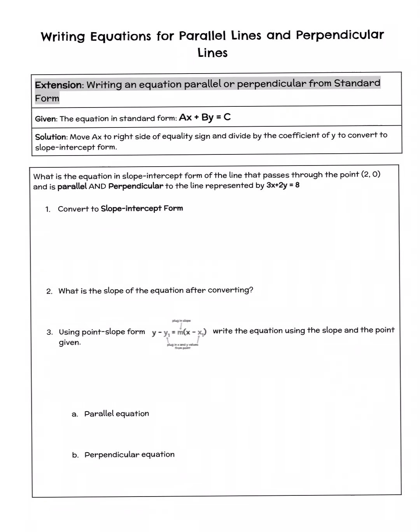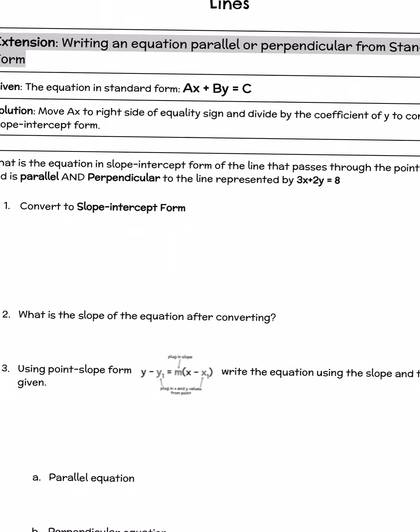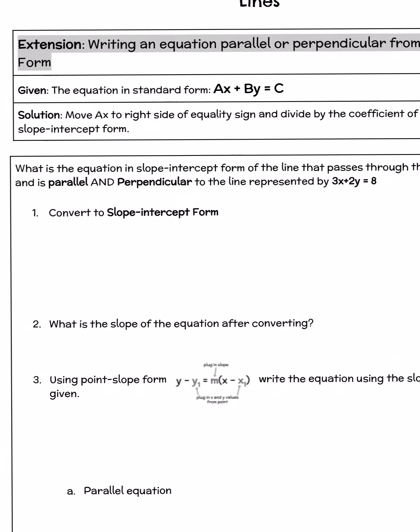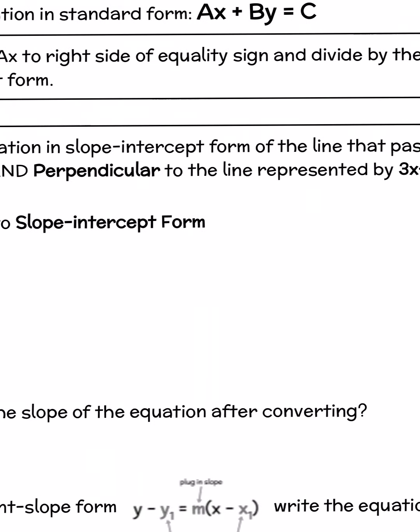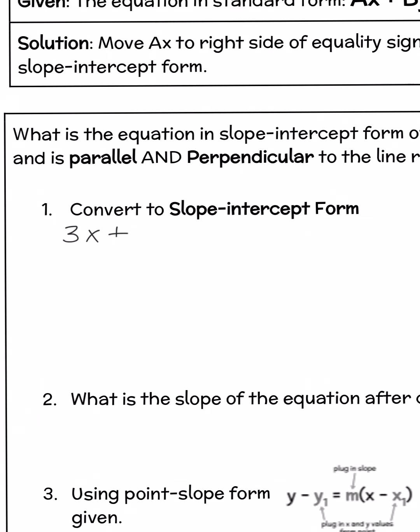So in this example, what is the equation in slope-intercept form of the line that passes through the point (2, 0) and is parallel and perpendicular to the line represented by 3x plus 2y equals 8? So here, the first thing we need to do is convert to slope-intercept form. So if I have that equation here, 3x plus 2y equals 8,